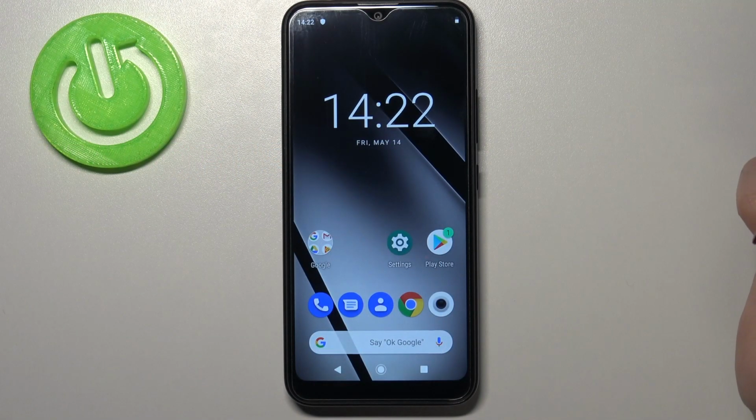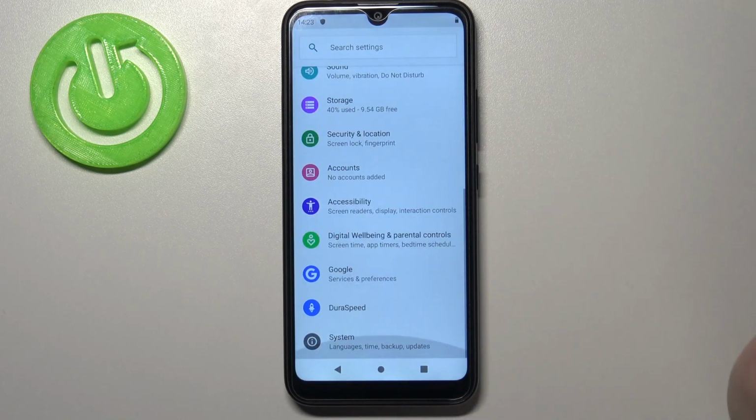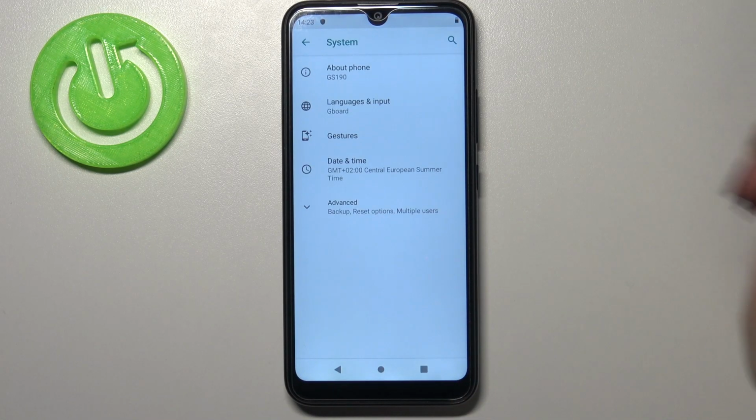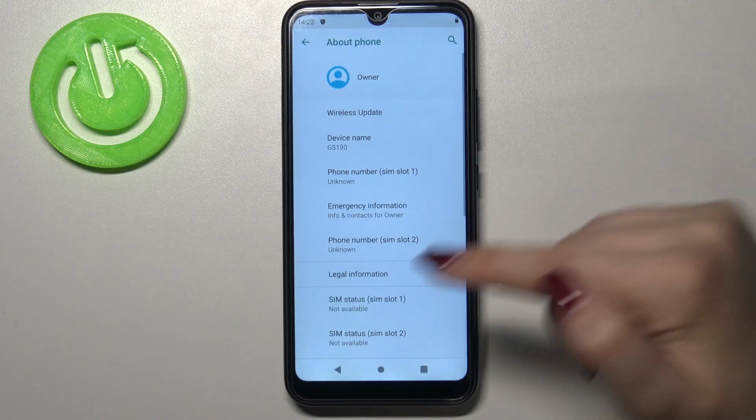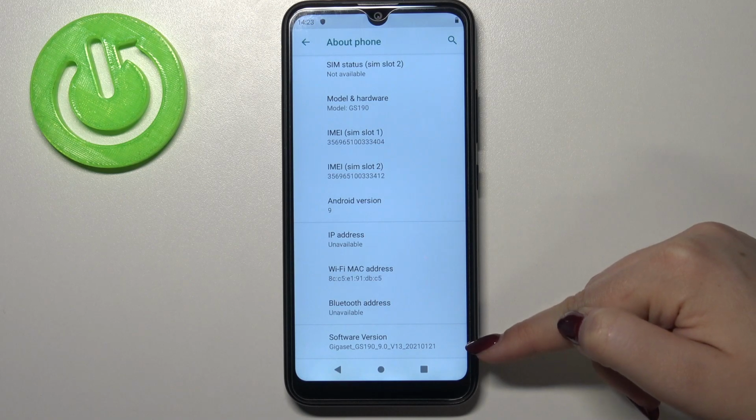Hi everyone, here we've got a GIGASET GS190 and let me share with you how to enable developer options on this device. So actually, firstly we have to activate them, so let's enter the settings. Here we have to scroll down to the very bottom and tap on the system, and here let's tap on about phone. Now we have to scroll down to the very bottom and find this software version number, and here